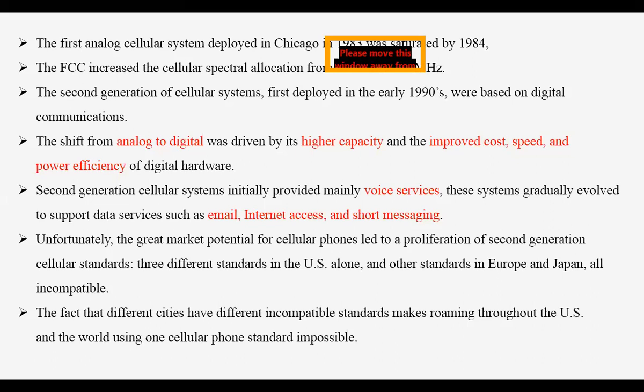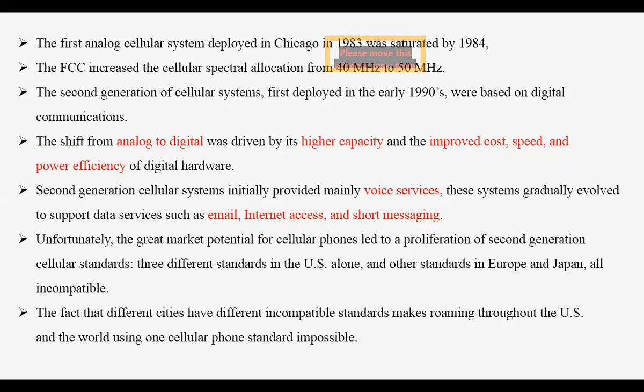These systems gradually evolved to support data services. We get email, internet access, short messaging, and all. Unfortunately, a great market, because all this research and development of the cellular concept depends on the market. Basically, whoever is providing the service should get the profit out of that. So the market is there, and the potential of the cellular phone started increasing. The second generation cellular standards were three different standards in the US alone, and some standards in Europe, some standards in Japan. So the compatibility issues